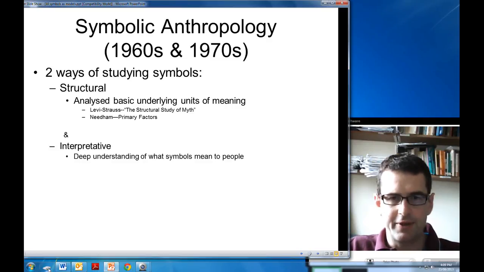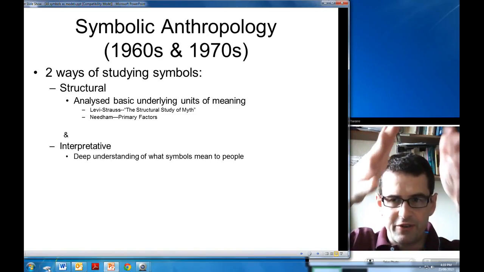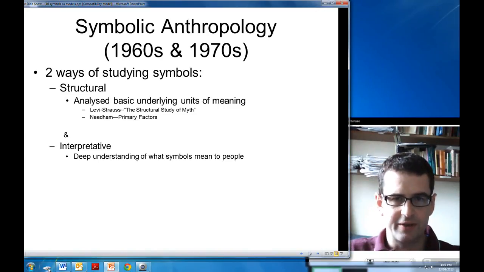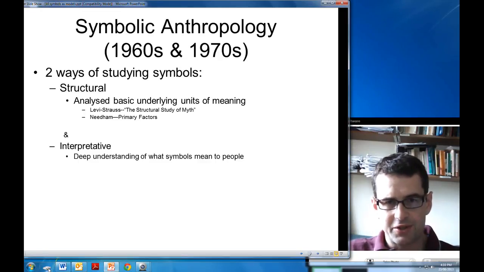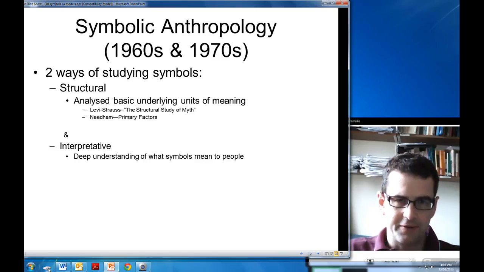Cinderella and Ash Boy. Cinderella is a story about a girl, whereas Ash Boy is about a boy. Yet there's a similar structure: the girl is poor and the boy is poor. The girl is named after the remnants of fire, Cinder, as in Cinderella. The boy is named after the remnants of fire, Ash, as in Ash Boy, and so on. So you develop a parallel structure in two ostensibly different stories. And what structuralist anthropologists showed was underlying meanings which otherwise we would be unaware of.